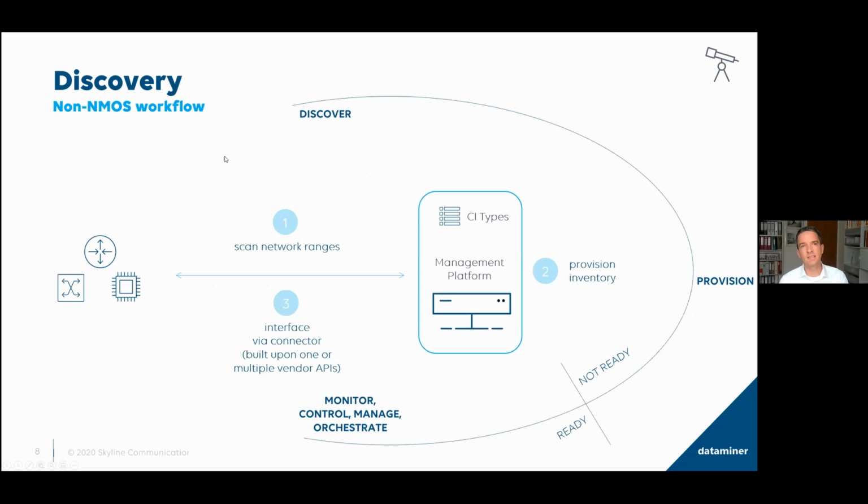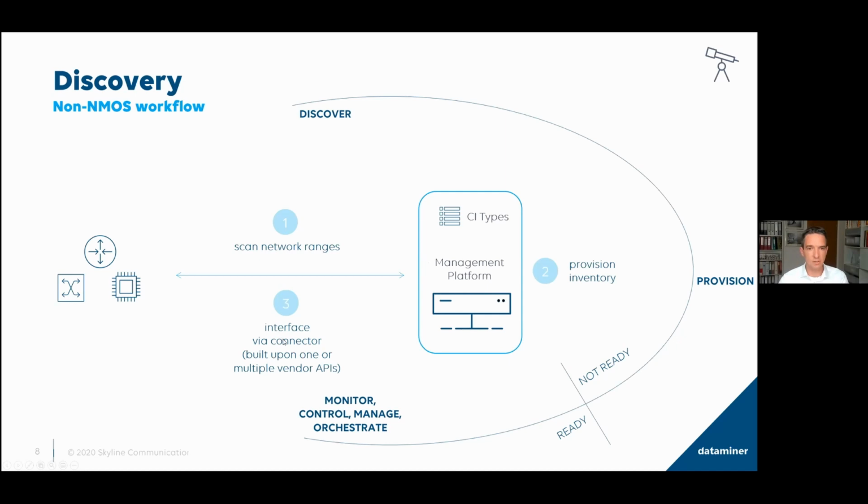So let's have a look at one workflow for non-NMOS devices. How can we discover? We need to scan a network range. You don't have to scan the whole network. Typically, you know in which network range new devices are added, through your DHCP server. The management platform needs to provision the inventory. And then once it's under control of the management platform, once we have access to that inventory, we can interface